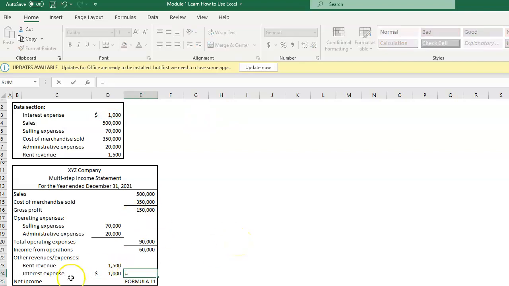Formula 10, now just a reminder, hopefully you remember. If you don't, it's not going to kill you in this course, but hopefully you remember revenues are offset by expenses, so we're going to be minusing here to find the net. So we have $1,500 in revenues, $1,000 in expenses, so we have an actual extra $500 in revenues. And then last but not least, for net income, $60,000 for our income from operations, plus the additional other revenues